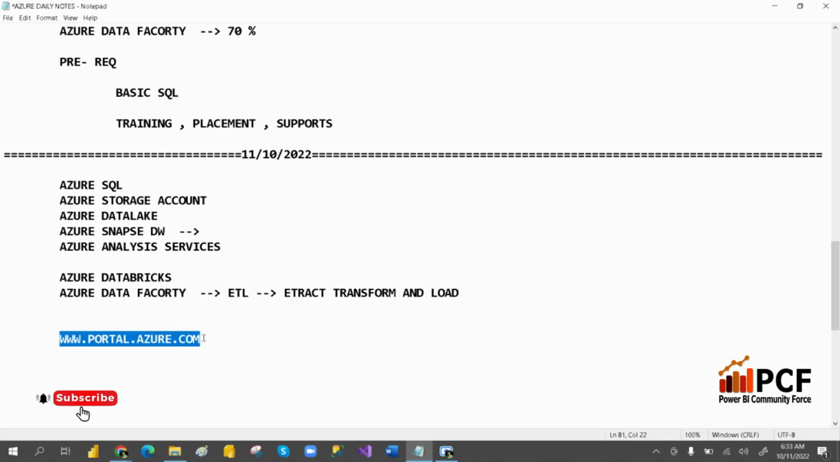To log into this portal, we need to have one subscription. So how to create a subscription? To create a subscription, what things are required? We require a credit card or debit card,